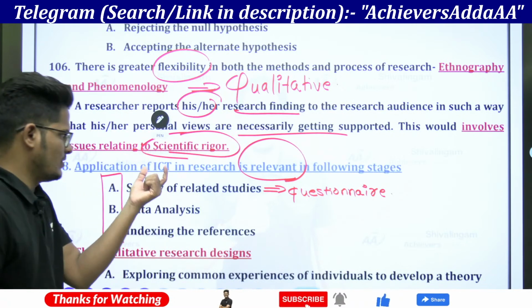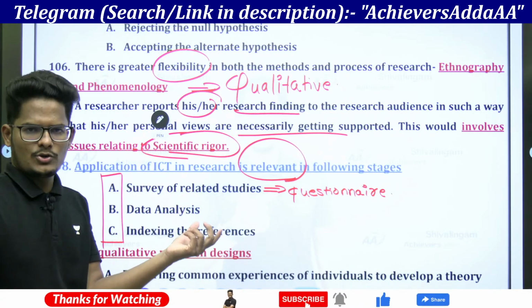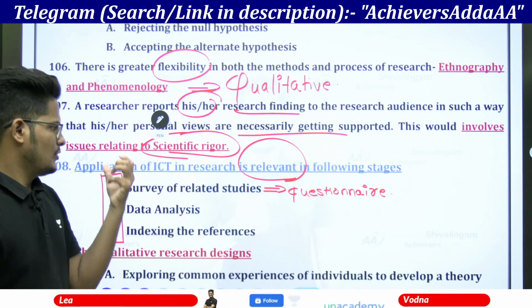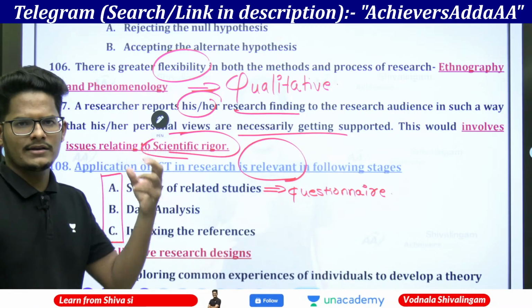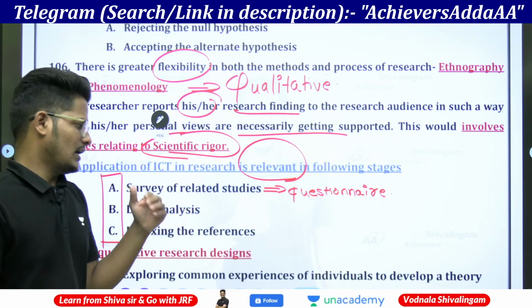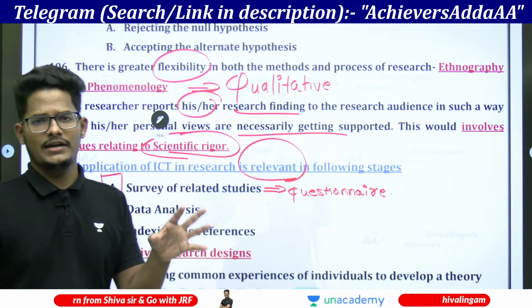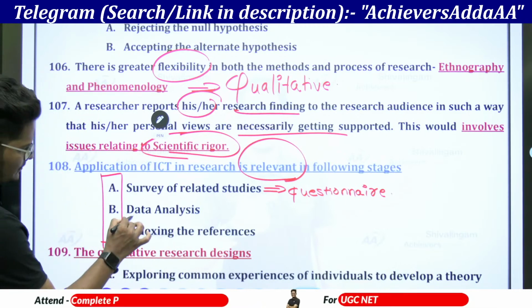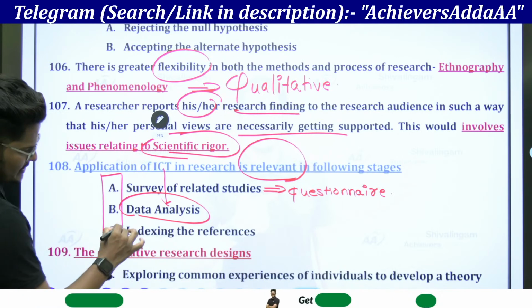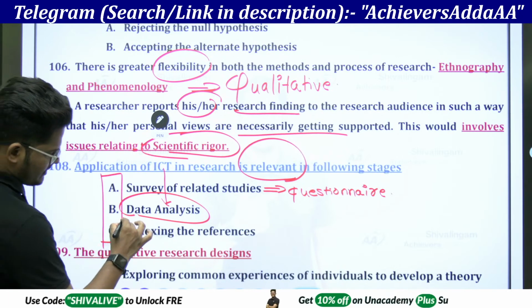For questionnaire purposes, you will take the ICT and reach out to many members for conducting a survey, approaching many participants. You will use ICT tools via mails or various survey-related platforms, and discussion forums with various experts. And for data analysis also, ICT is required, not mandatory, because there was one question in 2021.